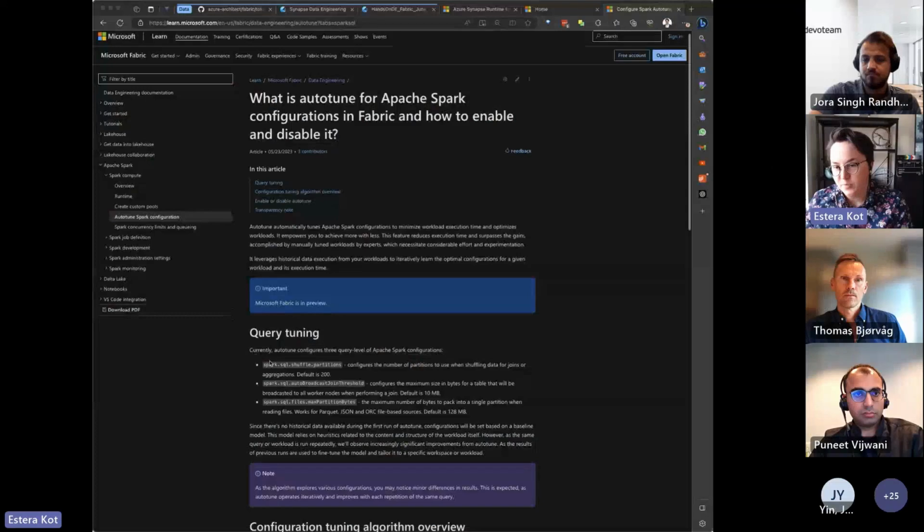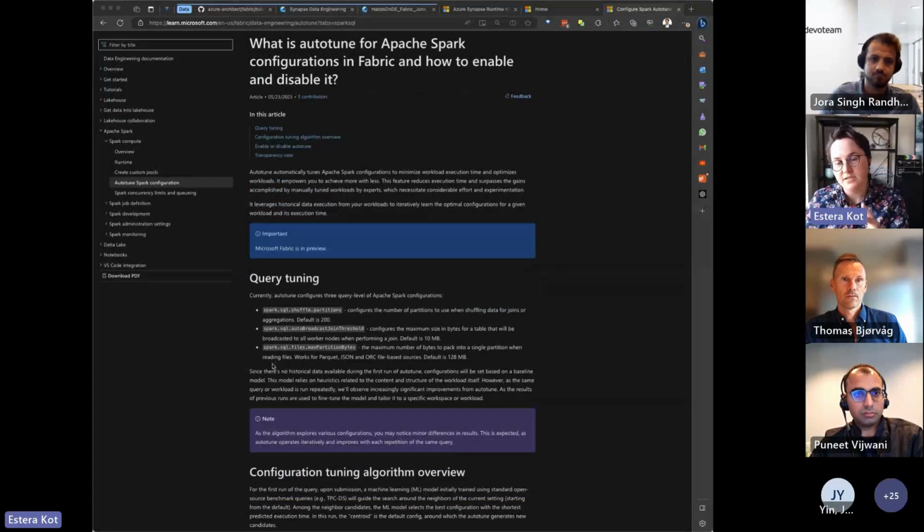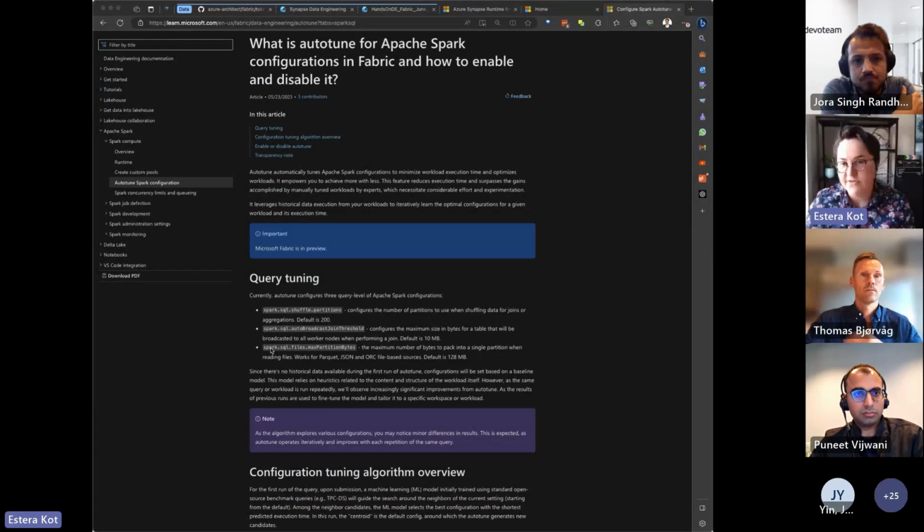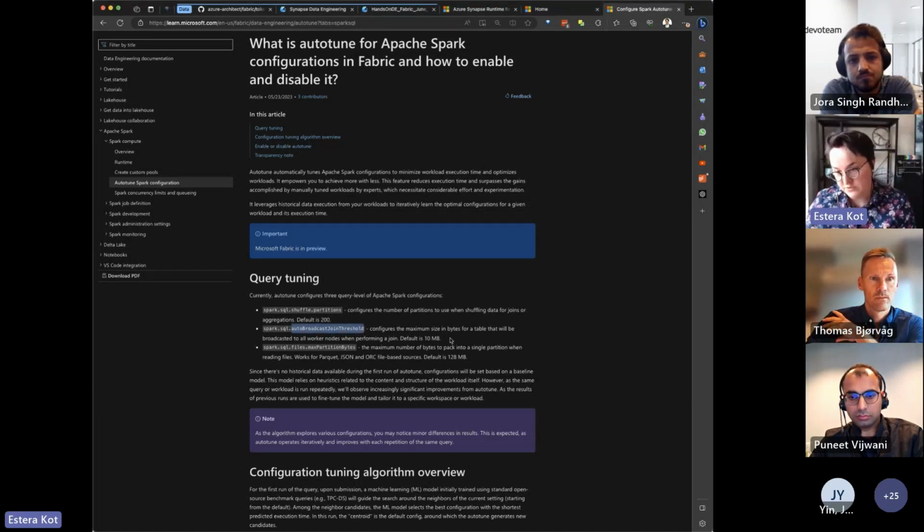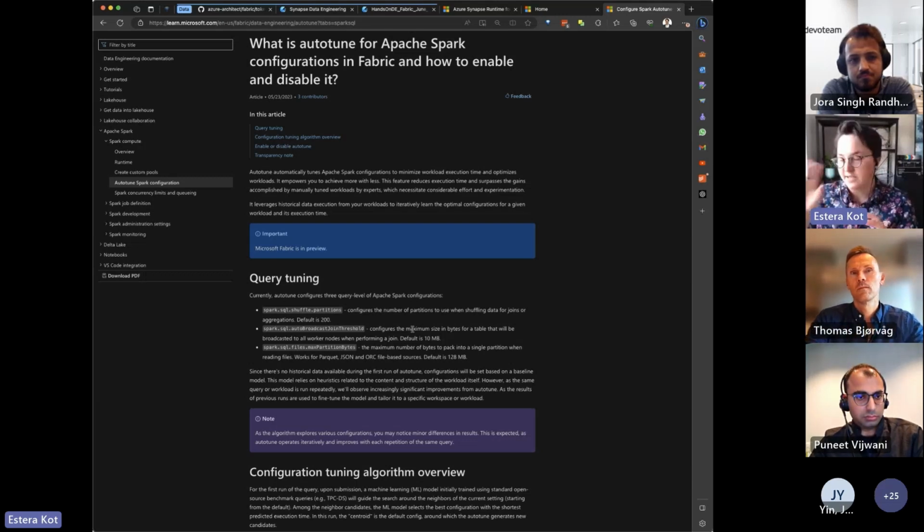This feature is optimizing. We look at all the Spark properties and find 3 that are critical for querying scenarios. Partitions, configuring the table that is going to be broadcast because the default is 10 megabytes. Mostly we have it significantly bigger, and max partition bytes. So 3 Spark properties that we are optimizing. Under the hood, there is an ML model. If you are running your query a couple of times, so you have a repetitive job, then we are discovering the pattern, the data cardinality, and optimizing those 3 elements.